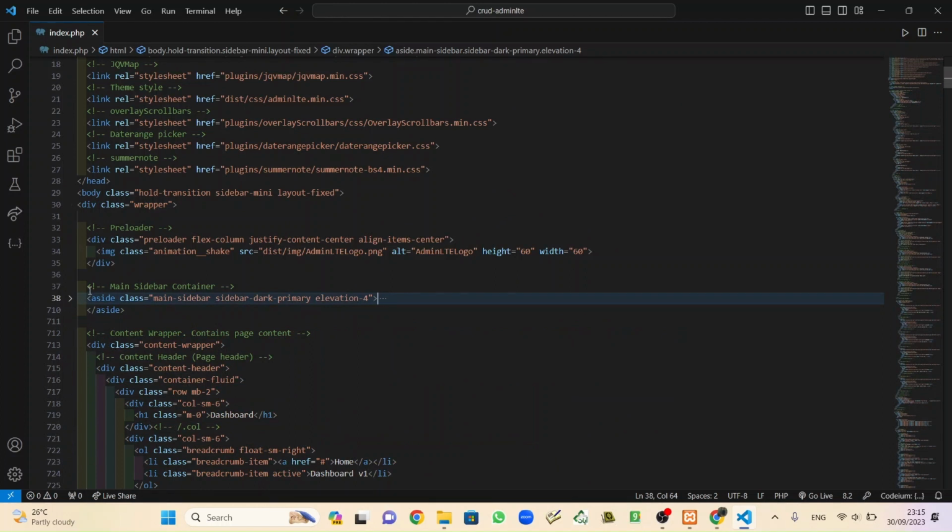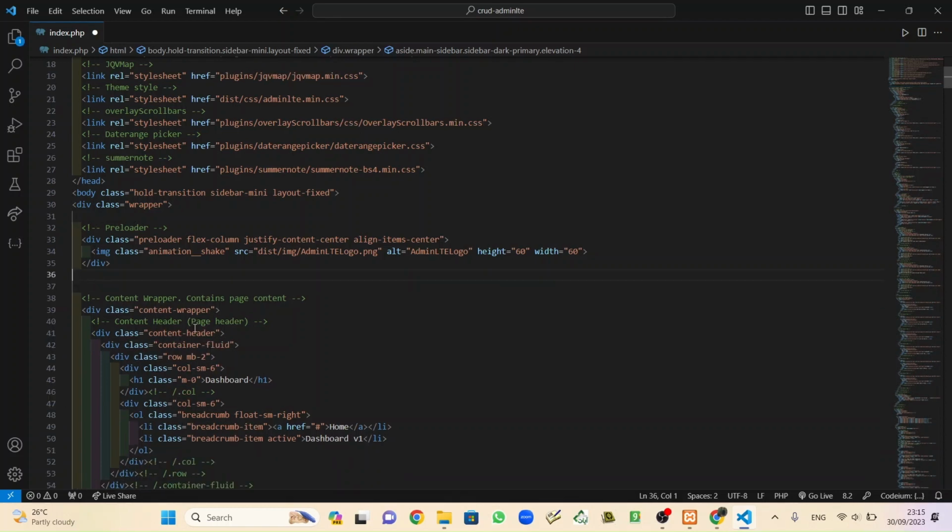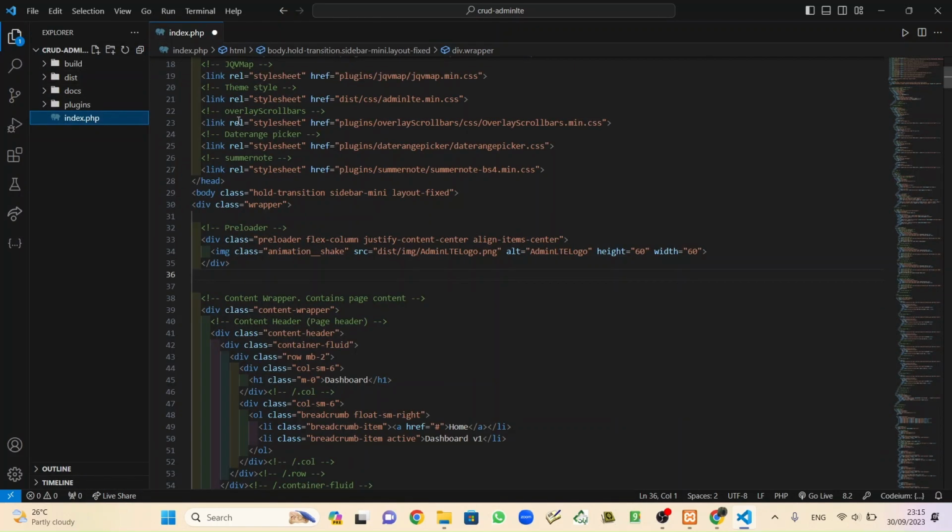The sidebar container. Okay, copy, Control X, cut, I'm sorry, Control X, and create a new file.